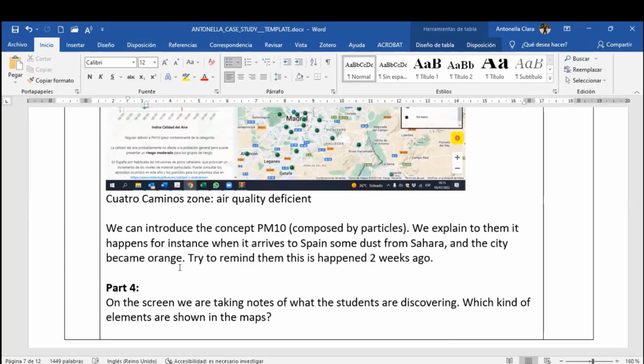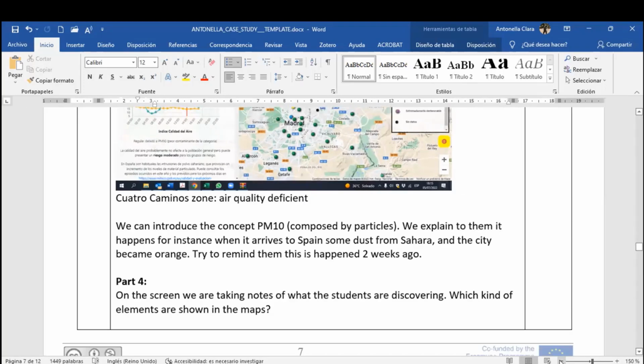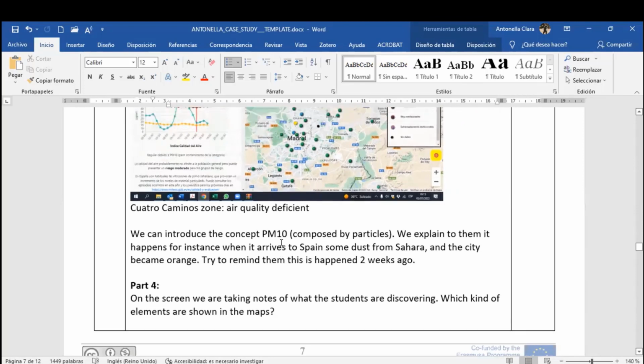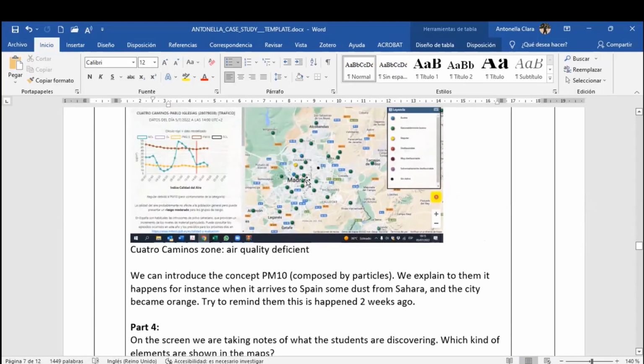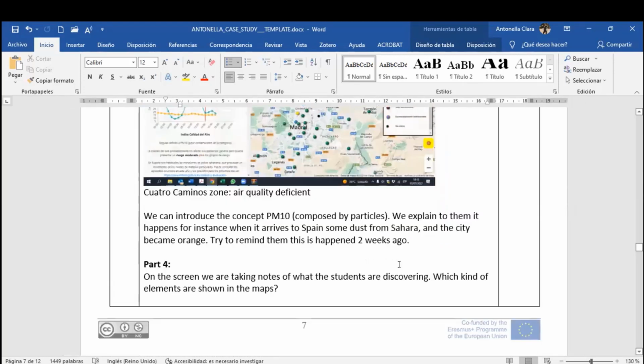We are considering that the people are from 12 to 14, so they are teens, and just in Madrid 2 weeks ago we had dust from the Sahara, and everything was orange. Try to connect what they say here